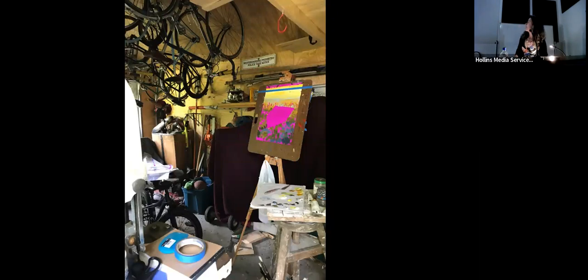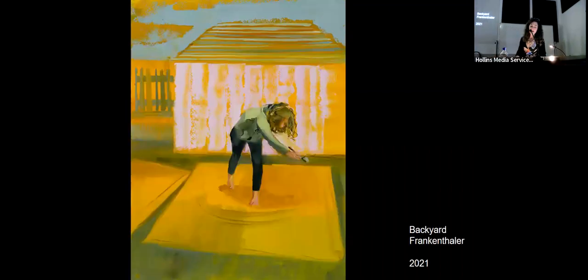And so within the garage, I remember my children were outside playing for much of that day. This particular painting is called Backyard Frankenthaler. And it's interesting for me to look at and think about many female artist heroes within art history, and how challenging it would have been for them to have children. So many of them didn't for obvious reasons, or for personal reasons,